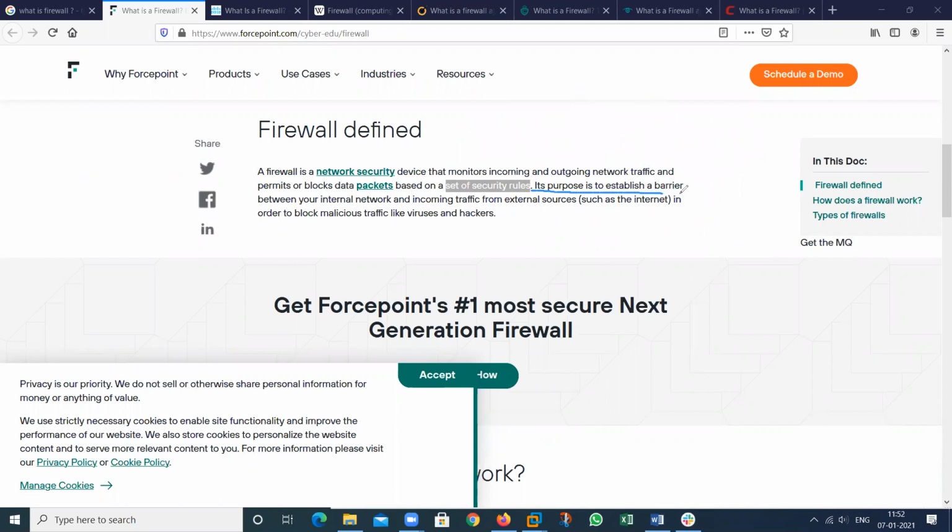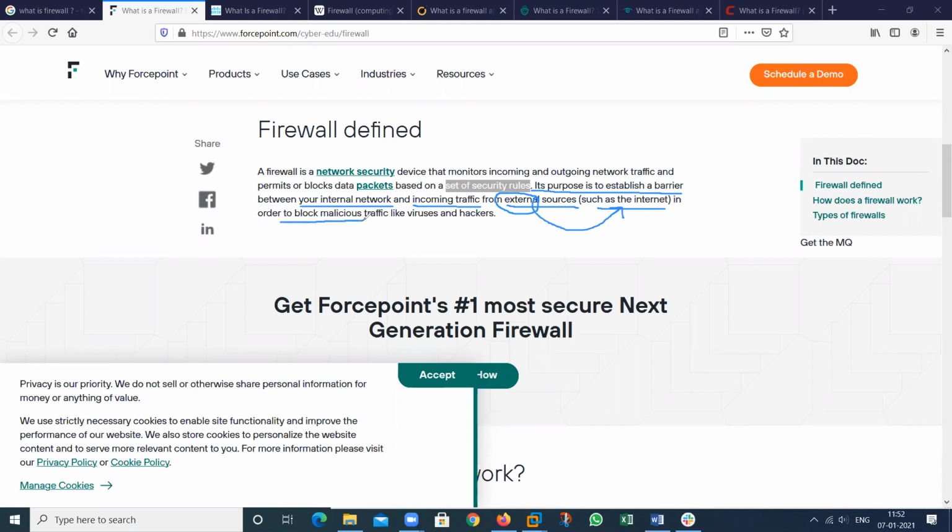Its purpose is to establish a barrier between your internal network and incoming traffic from external sources only. It means it can be the internet also. So what is the external? It's all about the internet.